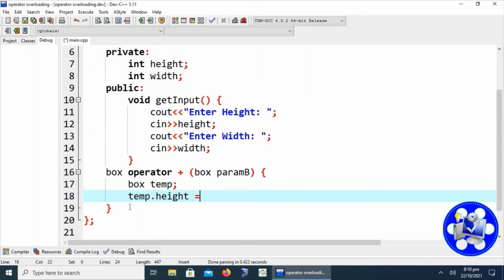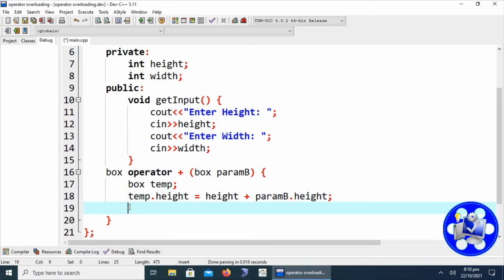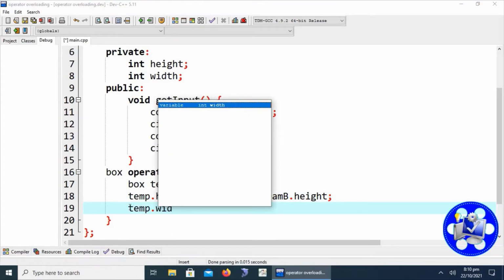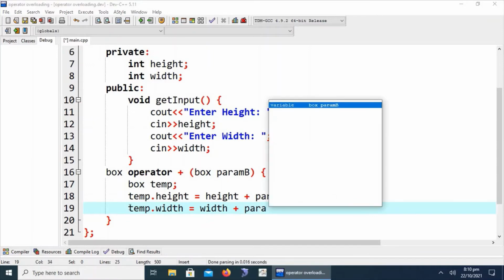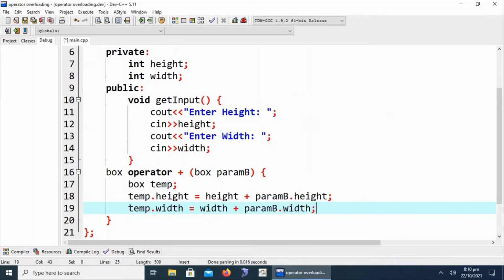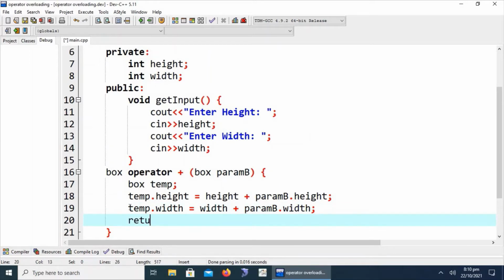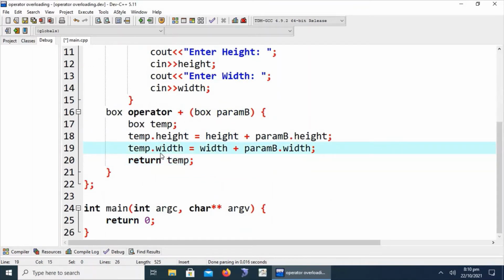We write temp.height is equal to height plus param b dot height, and similarly temp dot width is equal to width plus param b dot width, and finally we have to return the temp object.